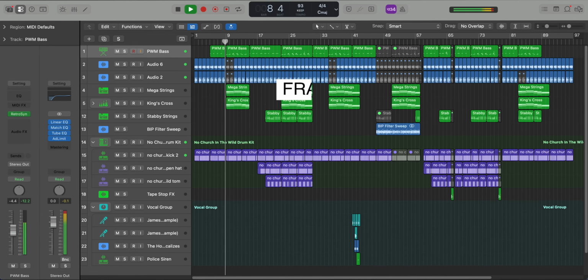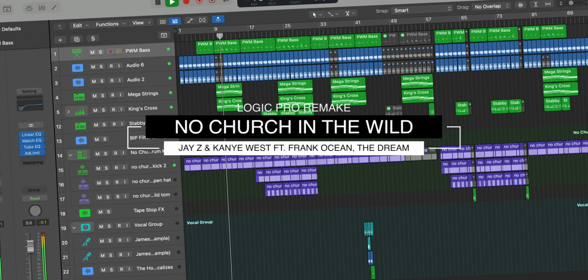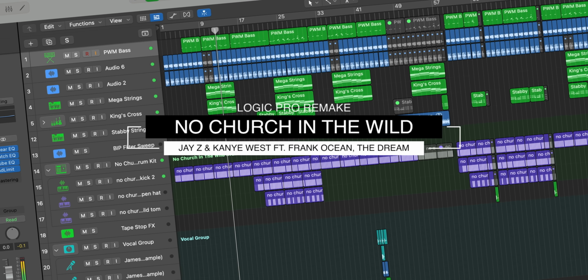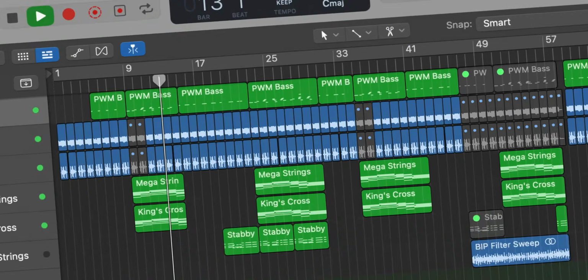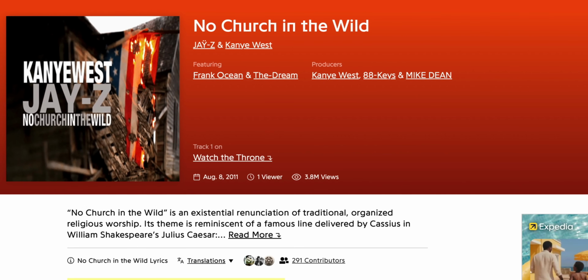Today we're going to remake a classic, No Church in the Wild by Jay-Z and Kanye West, featuring Frank Ocean and The Dream. The tempo for this one is 93 beats per minute, and the track is produced by Kanye West, 88 Keys, and Mike Dean. For this one, we're going to start off with that main sample that we hear throughout the